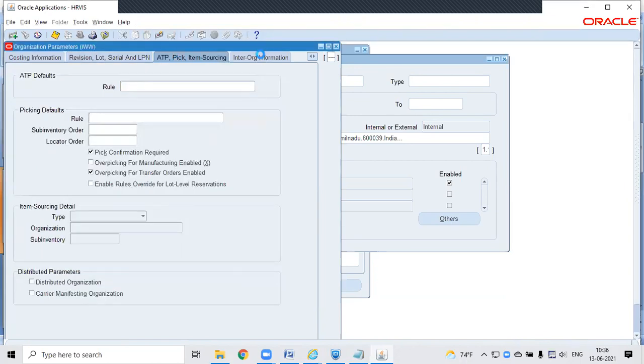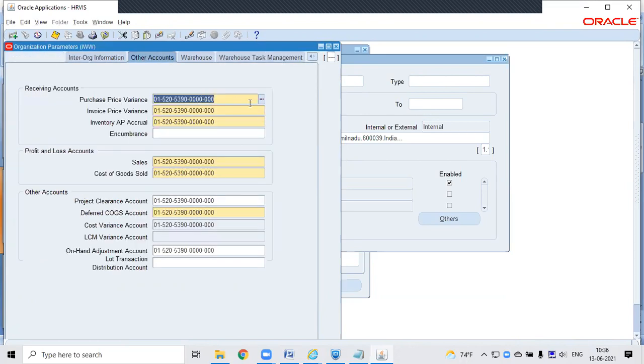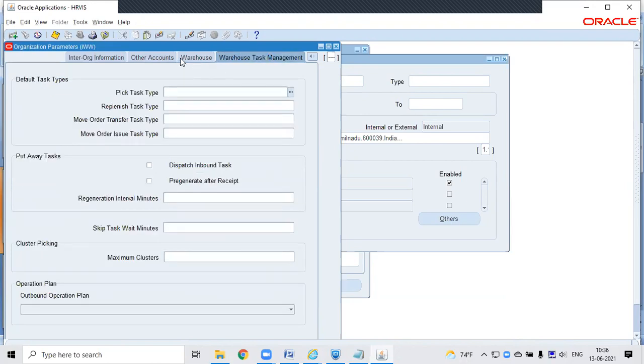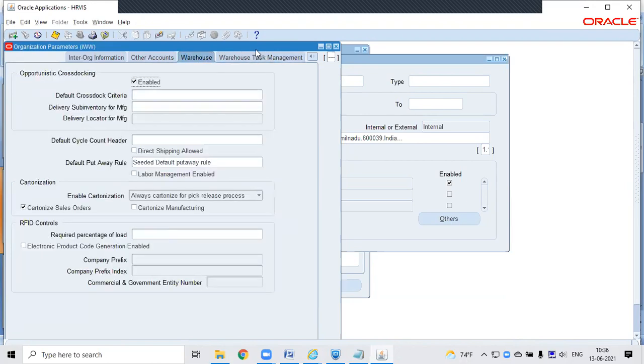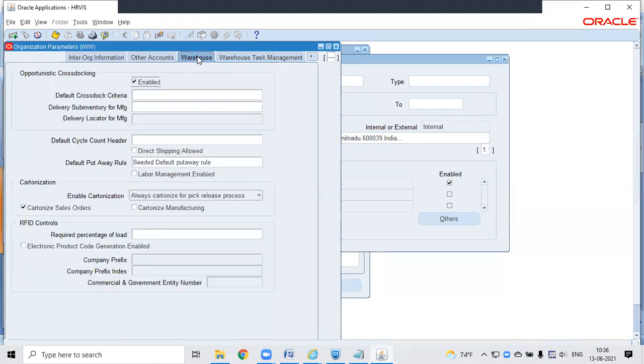Okay, so I'm not going to do anything here. It's all related to accounts. We don't have much information here. Even here, it is all about your receiving accounts and these variance accounts, so not going into details here. Yeah, these last two tabs are very, very important for us, but we will not go through everything in detail today. I'll just highlight it, and when required, we will go for that.